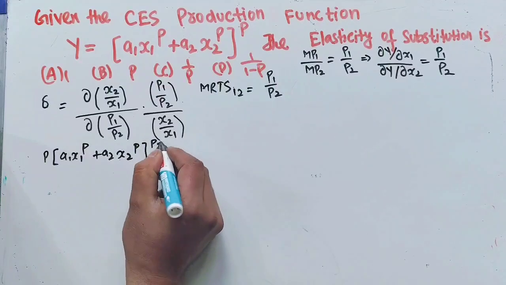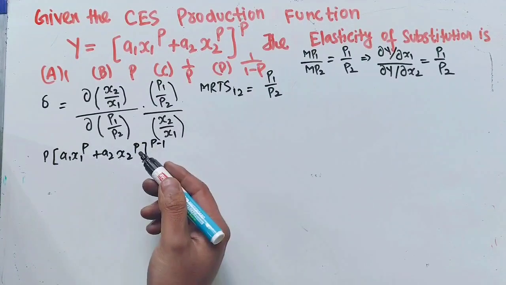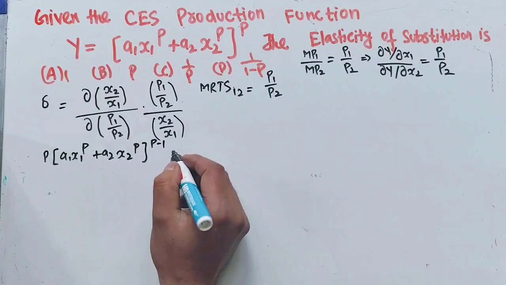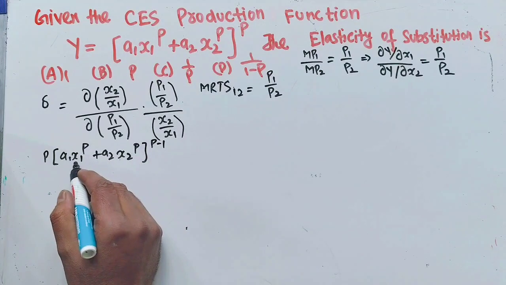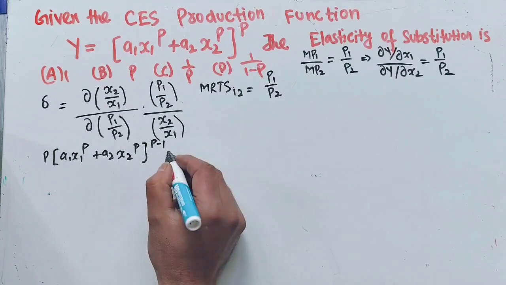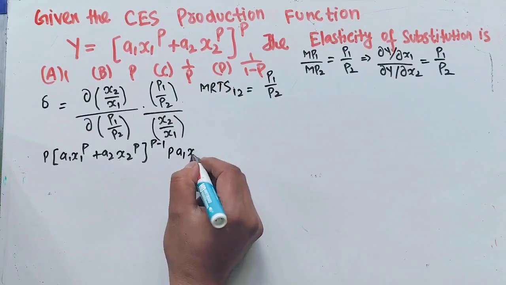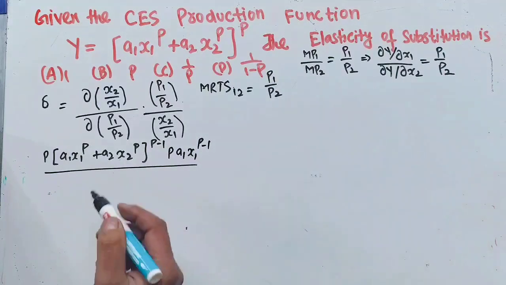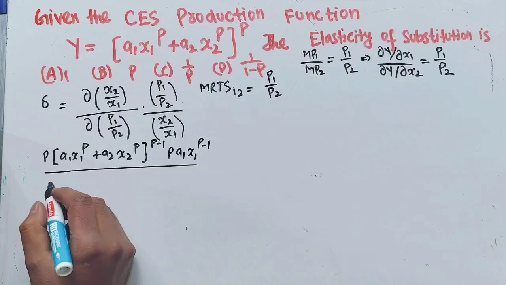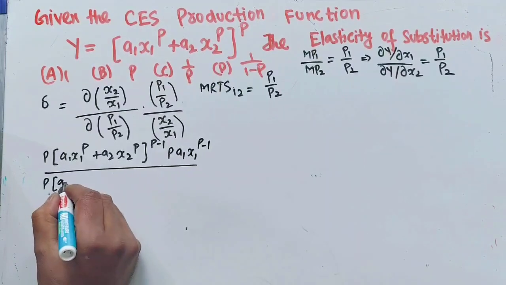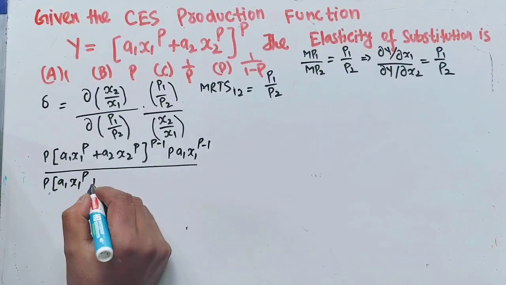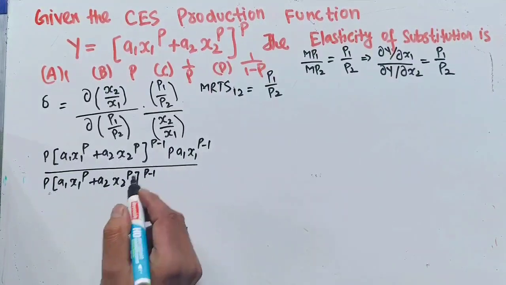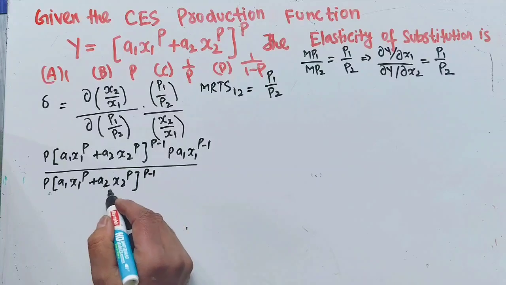raised power p minus 1 times, we apply the chain rule, times the derivative of x1. What is the derivative of x1? p becomes coefficient, so we will get p a1 x1 raised power p minus 1, divided by the partial derivative with respect to x2. Again, exponent becomes coefficient, so we have p times (a1 x1 raised power p plus a2 x2 raised power p) whole raised power p minus 1 times, applying chain rule, the derivative of x2